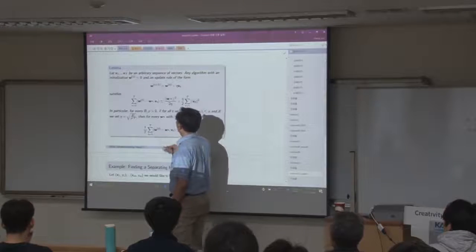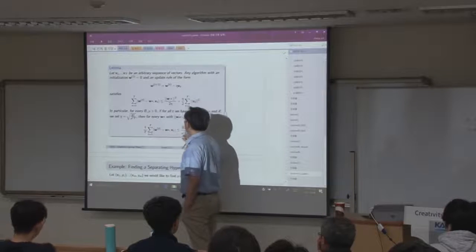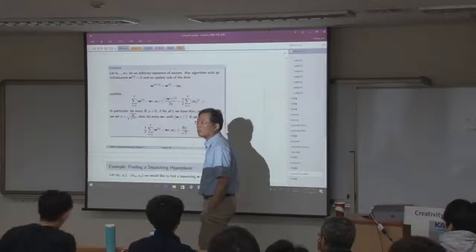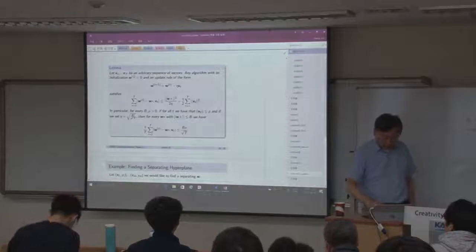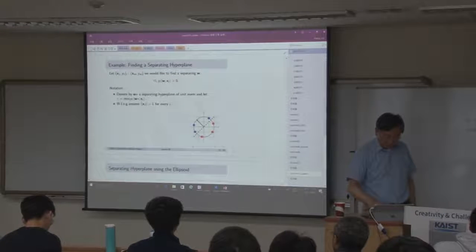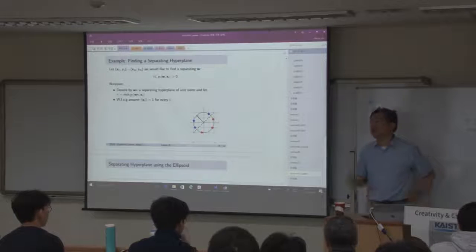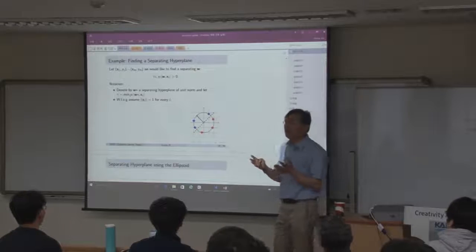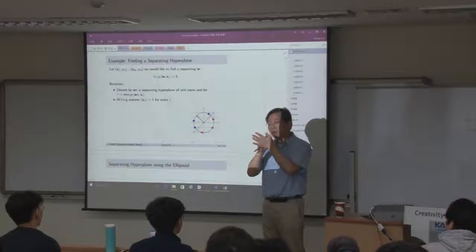Set eta in that way, then this term is upper bounded by this. Okay? And you can get it upper bounded by this. Now then, so we've found the convergence rate for the ellipsoid algorithm,